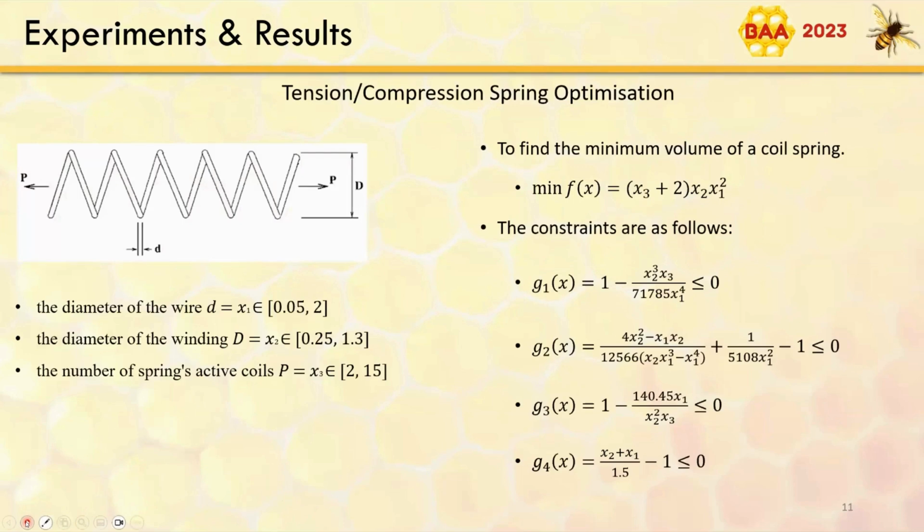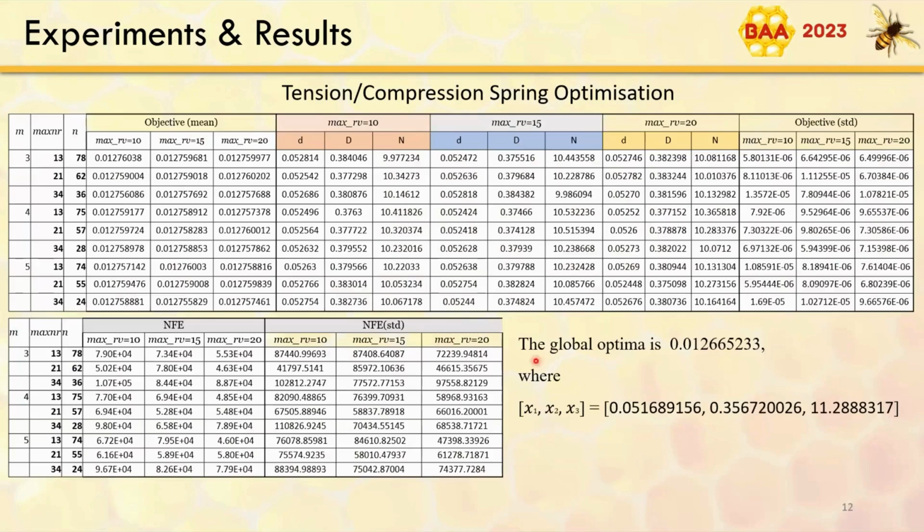And we also used engineering optimization problems, one of the popular ones being tension compression spring optimization. As you can see, we have 3 dimensions here: the diameter of the wire, the diameter of the winding, and the number of the spring's active coils. So we successfully solved this one, where the global optima is here. In all populations, we reached this number within the accuracy, within a difference of 10 to the power of -3,